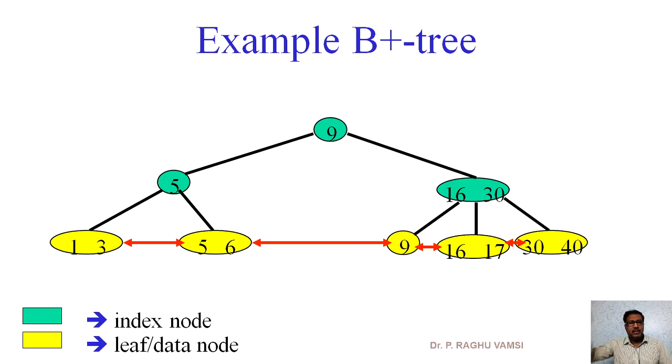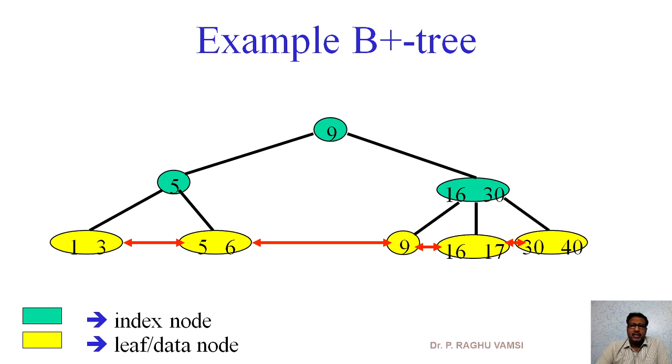Recall the definition of the B tree, in which if the order of the tree is m, then a node can have at most m children. These are the conditions that we have seen. The same conditions are applicable for the B plus tree also. In B plus tree, the specialty is that it will allow duplicate elements to be inserted into the tree, and the advantage of B plus tree is that the height maintained is smaller compared to the B tree.